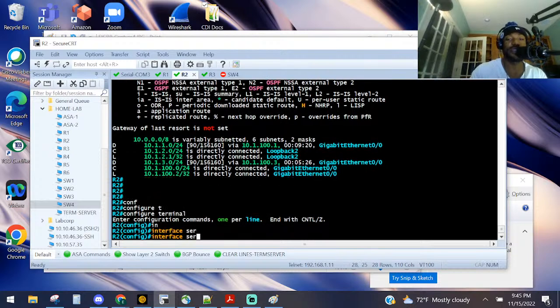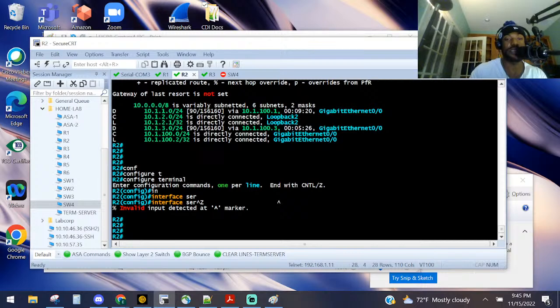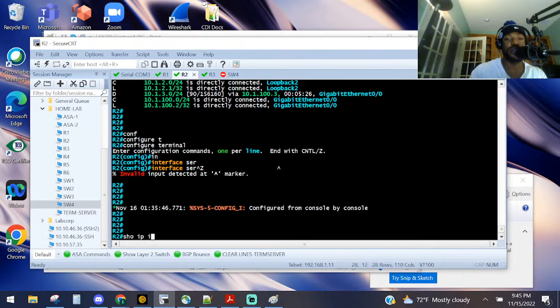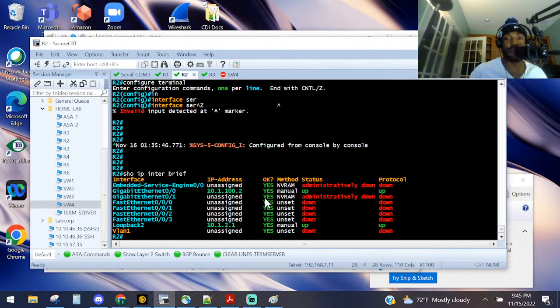Interface, what's wrong with me? Serial. Oh, see, he's not up. Let's see. Router 2. Let me verify what interfaces I got there. Show IP interface brief. That's what it was. The serial cable is not showing up. And I have it plugged up to a